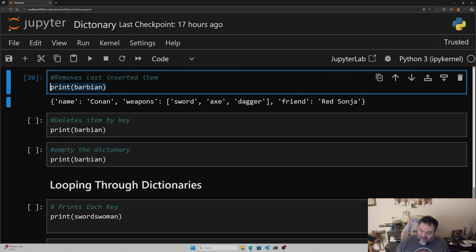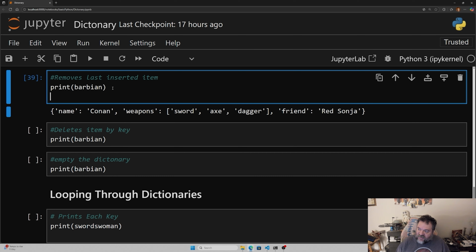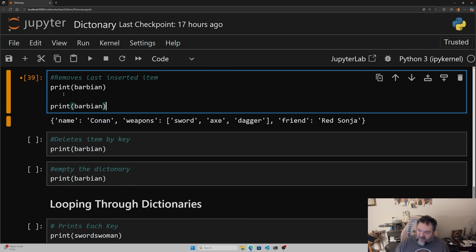Okay, and I'm going to take this print barbarian, and I'm just going to copy and paste it down there just to show you guys the difference. So what I can do is I can do barbarian dot, and we're going to pop again, but we're just going to pop an item, and we're not going to declare anything. We're just going to do the open close parentheses, and it's going to take out the last inserted